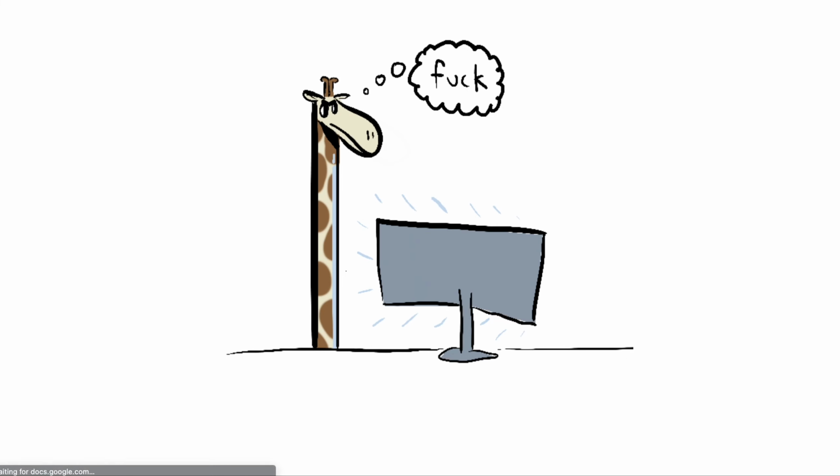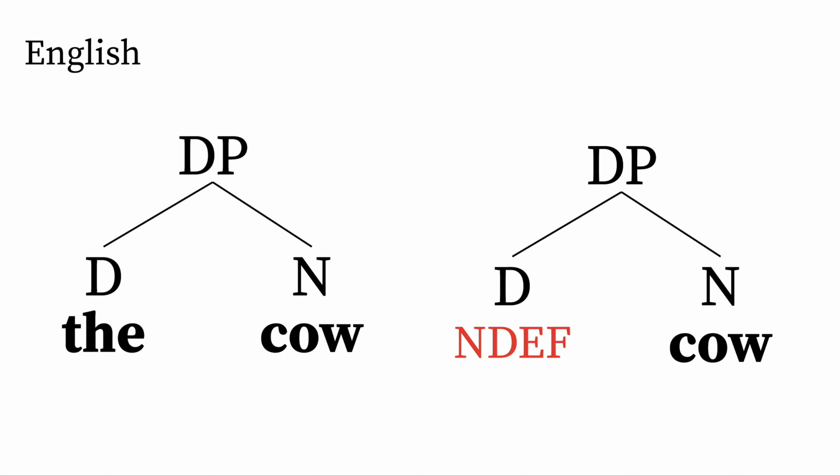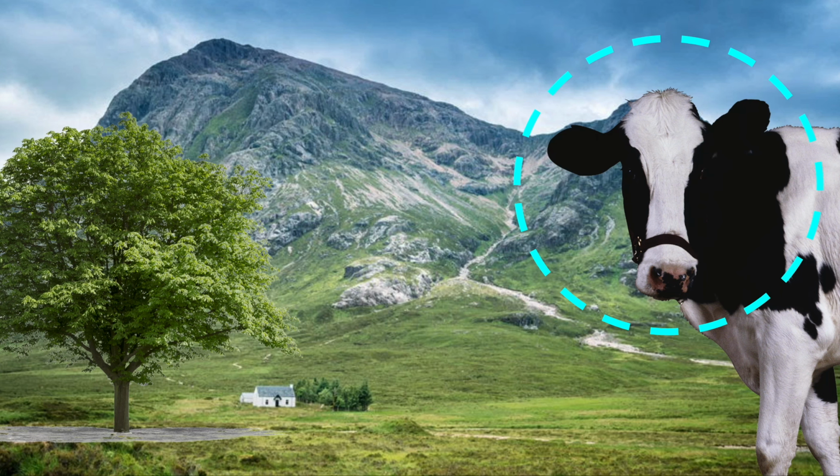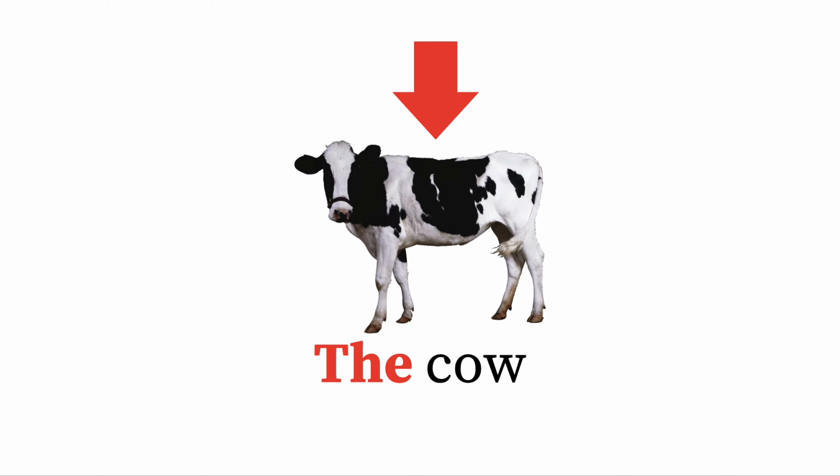In English, which you most likely speak if you're watching this video, the definite article is "the," and the indefinite article is "a." This is a cow. The cow is on the mountain. A different cow is under the tree. Now, if you're a native English speaker, this is really obvious, and it's obvious to you because English articles mark